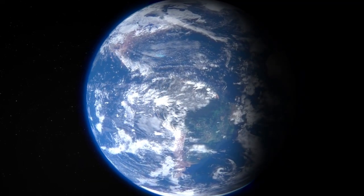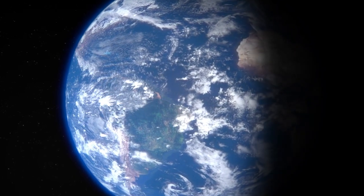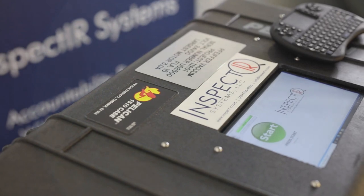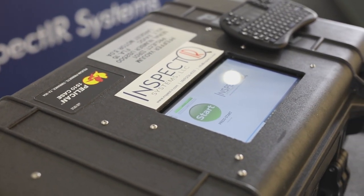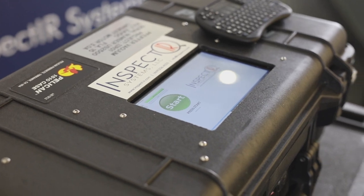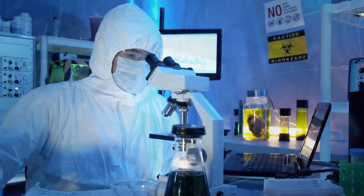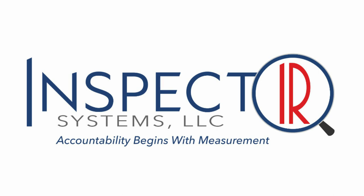Right now, the world faces challenges. They demand innovation, accountability, and most importantly, accurate results. InspectIR Systems is a research, development, and device company that's developed proprietary methods and machines to deliver accurate results in real time. As a deadly virus circles the globe and cripples schools, churches, and businesses, InspectIR Systems has created an